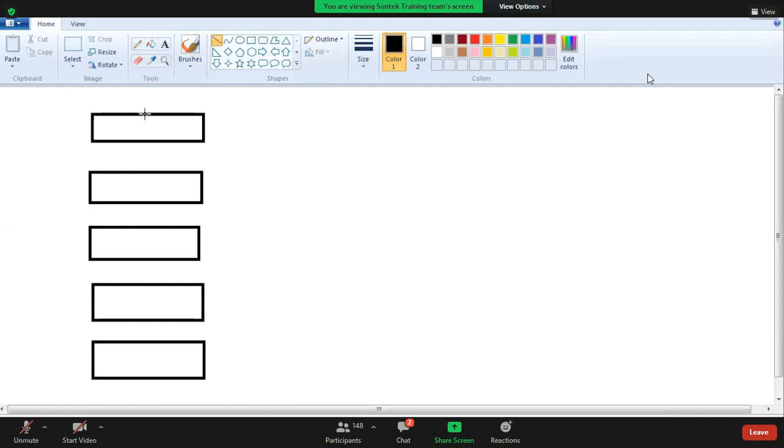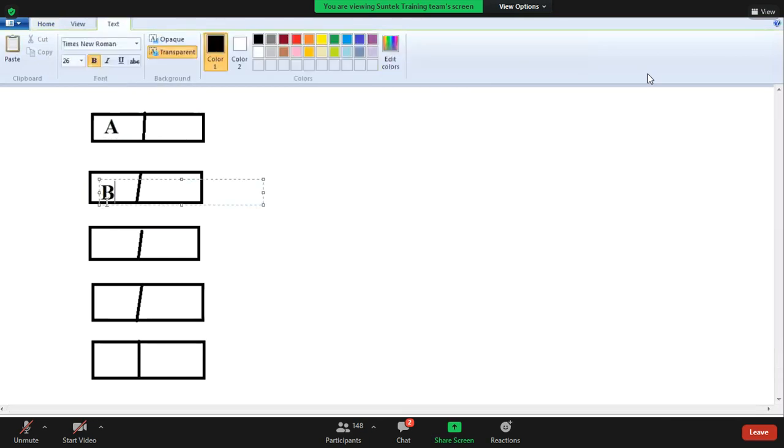This is A, guys, B, C, D, and E. What is A connected to?